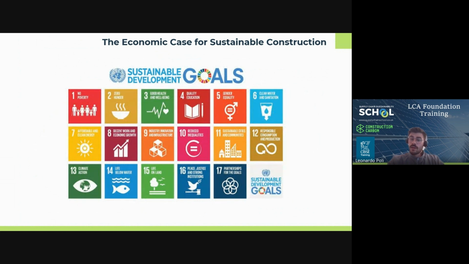So the United Nations has published the Sustainable Development Goals, which provides a framework for implementing the Paris Agreement. These set out the key issues for sustainable development and are used by an increasing number of real estate developers and infrastructure client bodies as a reference point for good development. These 17 Sustainable Development Goals are not specifically carbon emissions oriented and cover the whole range of criteria considered to be relevant to sustainable development.